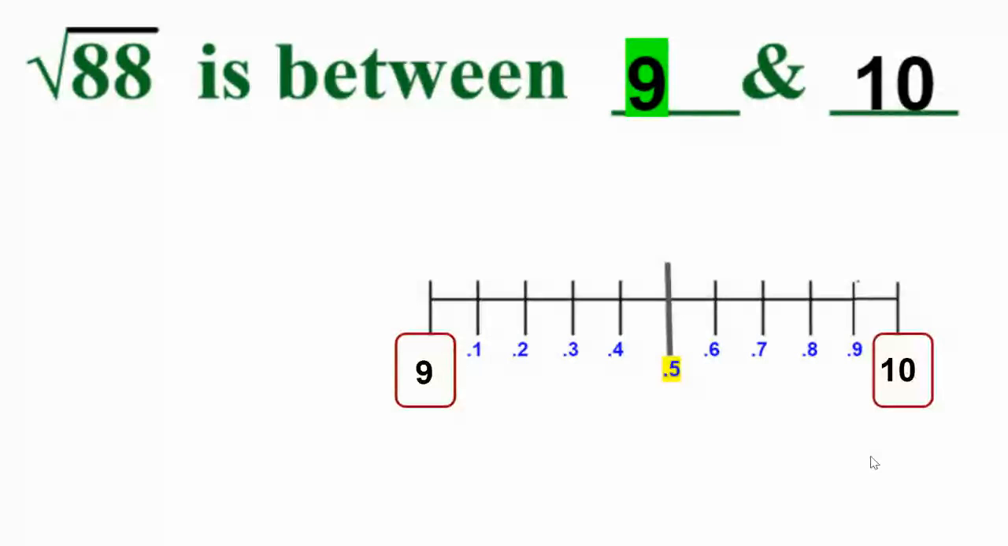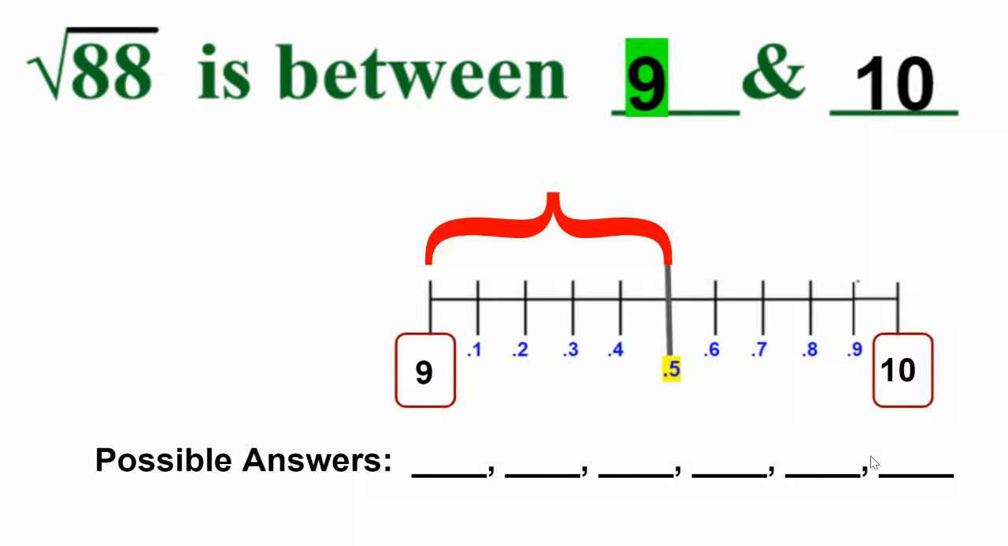So the key part to remember is, if it's closer to 9, that's where it's going to be. It's going to be in this section of the number line, right? Remember, 0.5 is our halfway point. So if it's closer to 9, it has to be in that first section of the number line, which means, right, I'm going to ask you for possible answers now. What could it be? Notice I have 6 blanks there. So you can see it's between 9 and 10, therefore it's going to be either 9.1, it could be 9.2, it could be 9.3, it could be 9.4, and